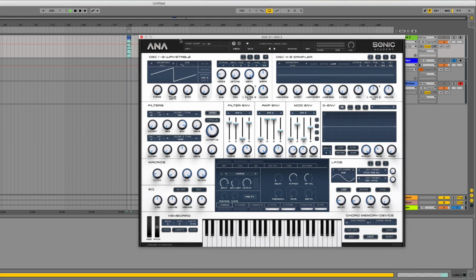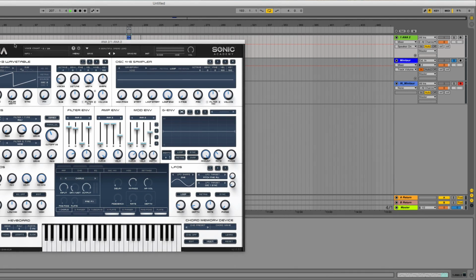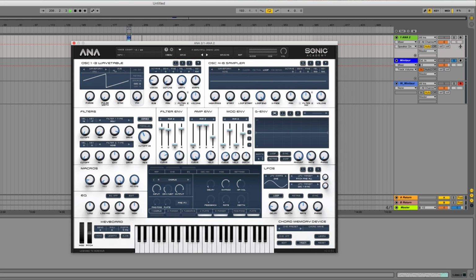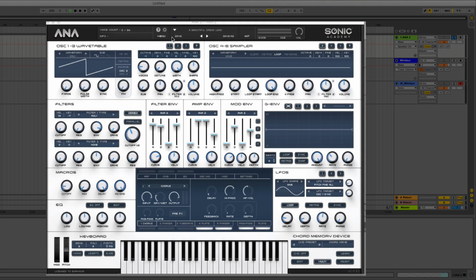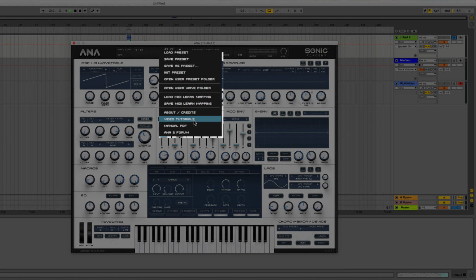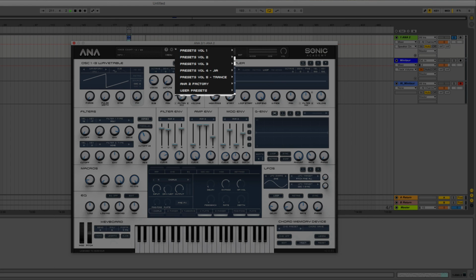So we don't really need to use the Minotaur as a reference. It's not too complicated of a patch. Essentially, it's just 2 saw waves, and one of them is tuned to the 5th, so it makes a chord. So if we start with an initial